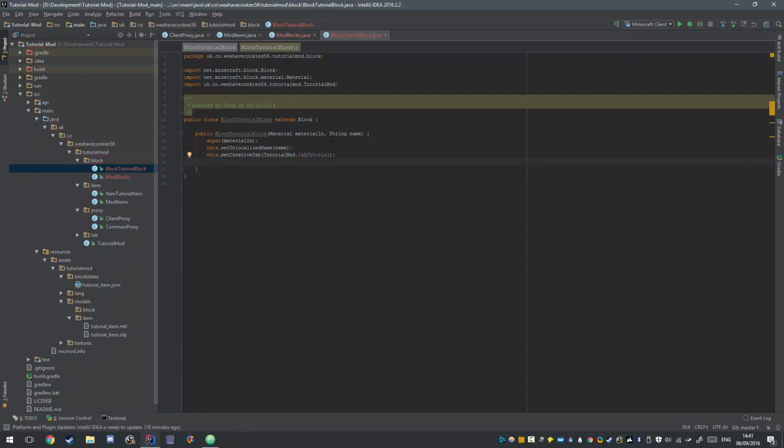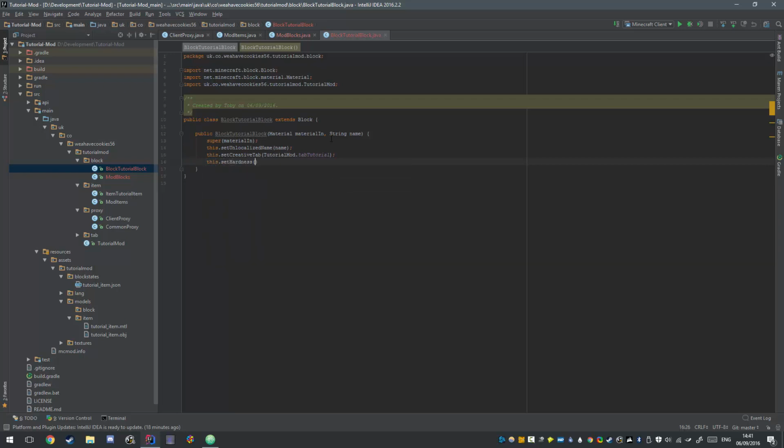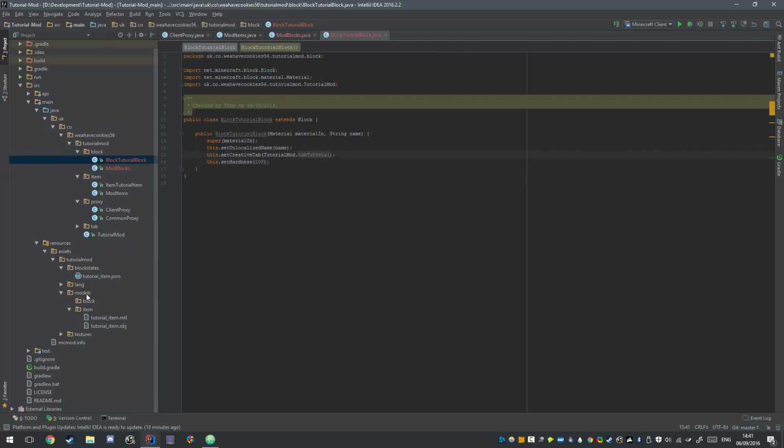There's some other things that we can set here, such as the hardness and resistance. So the hardness is how easy it is to mine the block. So the harder it is, the longer it will take to break. We'll just set that to 10, which is pretty high. If we look at the blocks class,